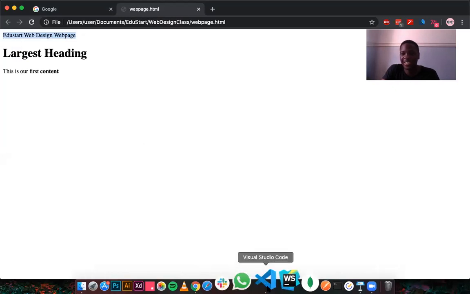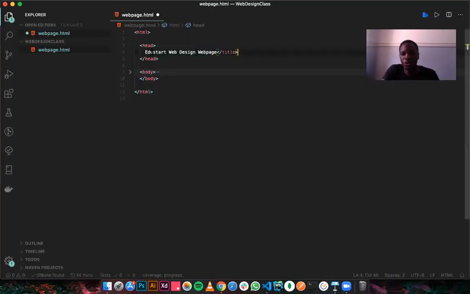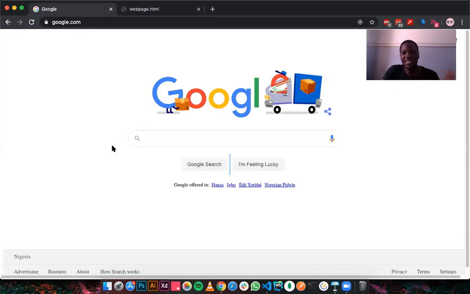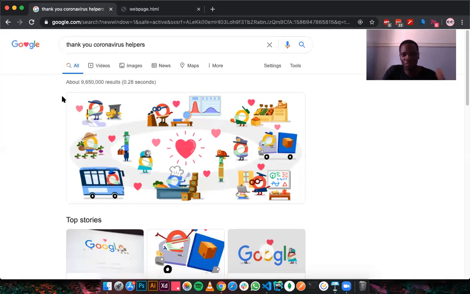So elements are very important. Ensure that you wrap your website title with the title element. That would specify the title for that particular web page. Now, in your body tag, basically everything on your website, trust me, whether your website is as simple as this or as complex as this, every single thing that is here is inside the body tag.